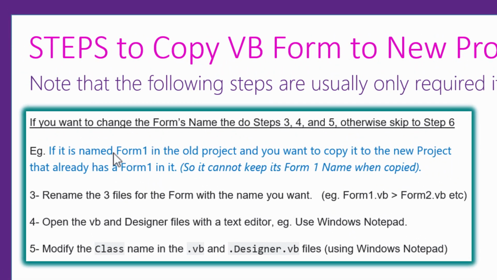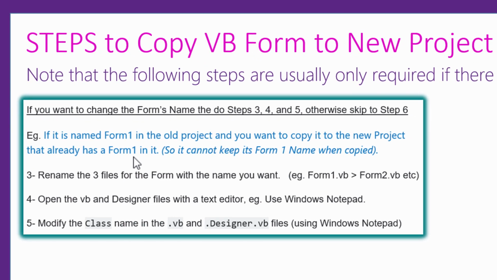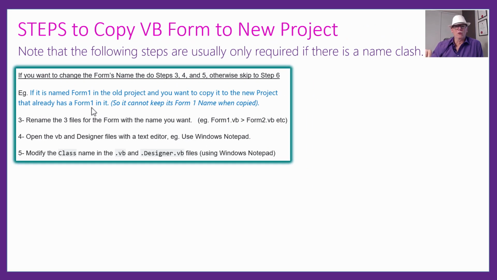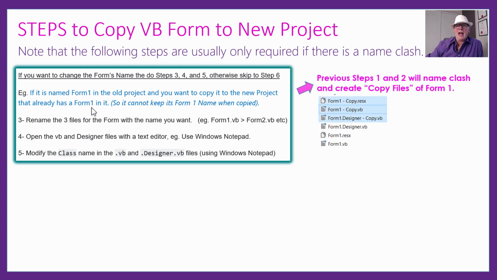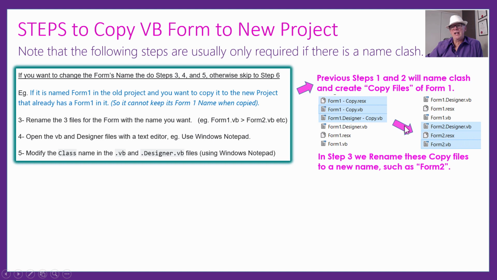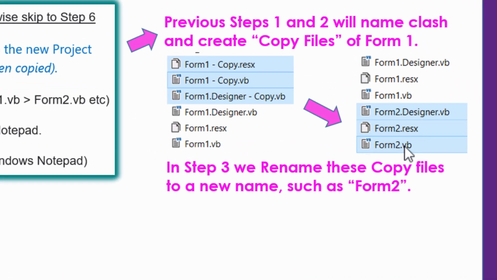So if in the old project it was named Form1, when you make a project in VB, by default, it sets up a form called Form1 in that new project. So when you copy across, there's going to be a name clash because it already has those 3 files called Form1 in them. All right, so what will happen is that when you copy them across into the new project, they'll just come pasted in as form1-copy.resx and form1-copy.vb and form1.designer-copy.vb. Okay, so that's how they'll come out when you copy them across because of the name clash. And these other Form1 here, they were the ones that were made when we started up that new project, okay? So what we need to do is very carefully rename these, keeping the same dot endings on them, because